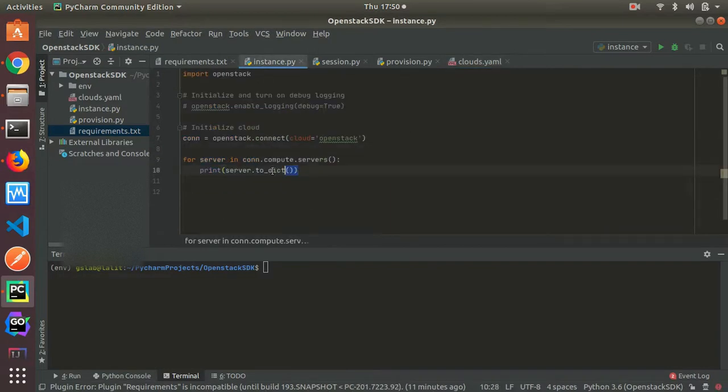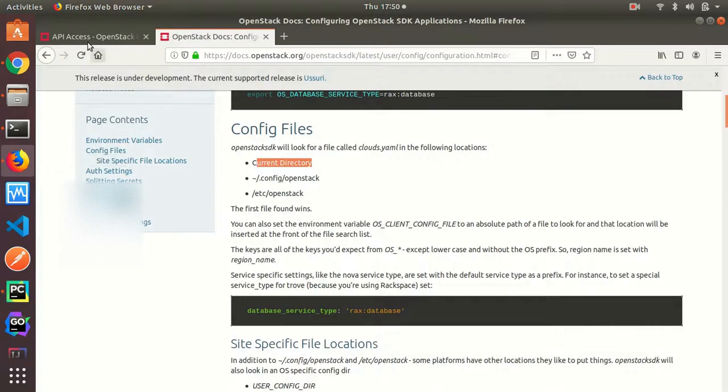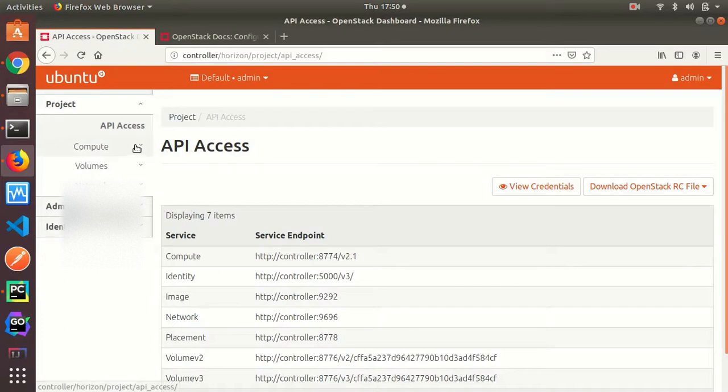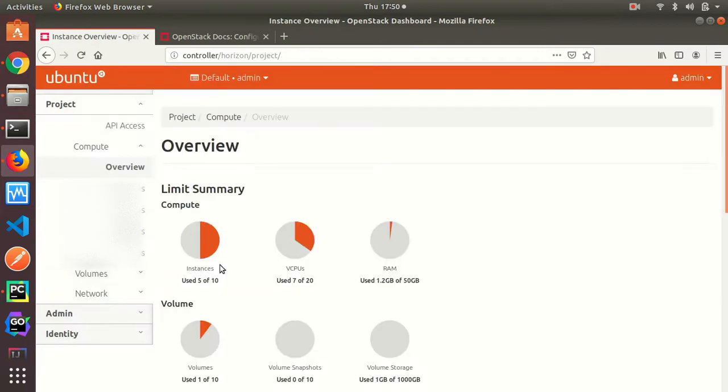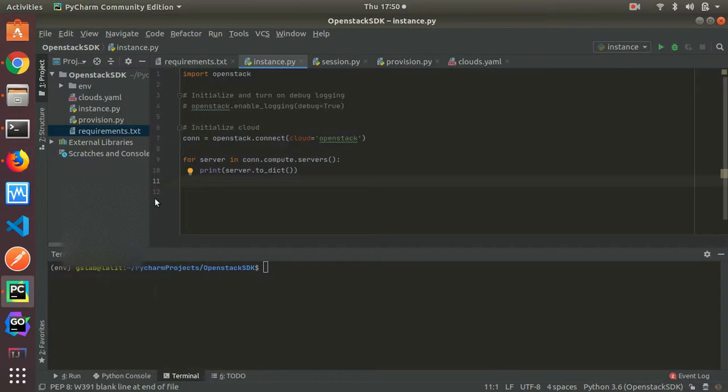I have written the code for listing the servers from OpenStack. First let me show you how many servers, basically virtual machines, I have. As you can see, I have 5 instances out of 10. Let's see if the 5 instances come back or not.